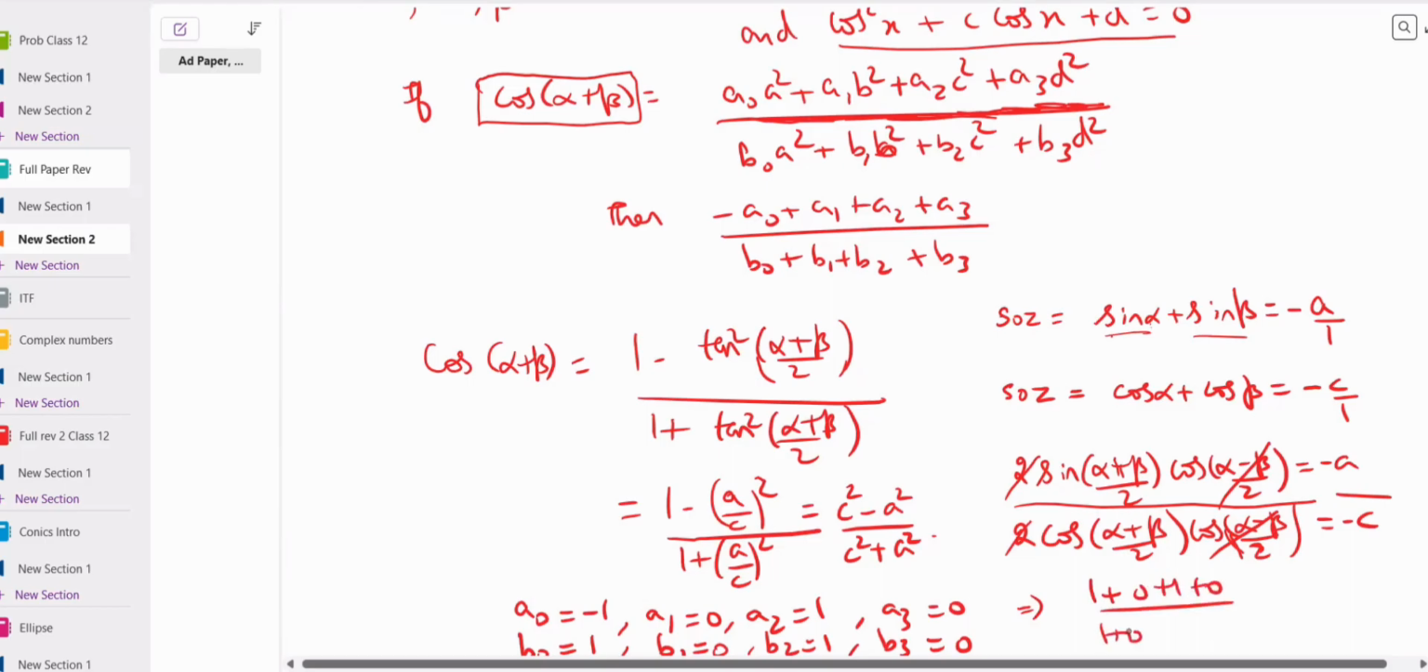Sir, can we not do it this way? Cos of alpha plus beta, we expand it: cos α cos β − sin α sin β. And the product of roots is what we are getting, sir. Sin α sin β will be equal